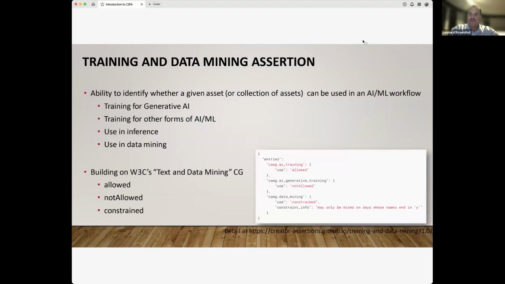You also heard about the new training and data mining work that is now part of IPTC. We've also been working on the same thing, and we have a similar assertion, that's the data structure in C2PA, for describing something with a similar vocabulary. We were all working together on defining these vocabularies and these rules. And they all trace back to work being done by the W3C as well. So again, a lot of alignment here between C2PA and IPTC, and a long history of that. And we look forward to continued work.